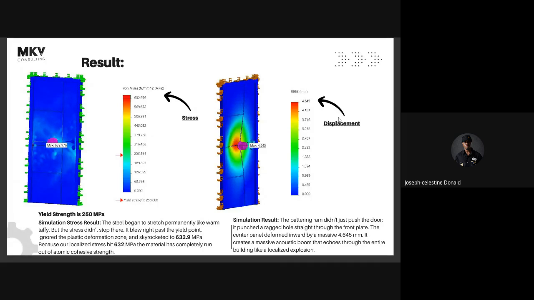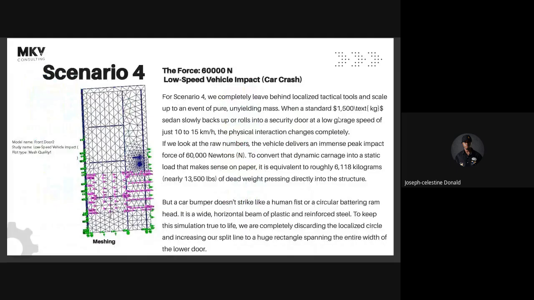So you increase it and you see, okay, wow, there's a huge difference, and then you increase until you get to the battering ram. All right, and then finally a low speed vehicle. Now a low speed vehicle is not going to slam on a 125 diameter circle. It's going to slam the whole thing, extend throughout. Okay, so we're taking that into account, but it's still not precise because we're assuming